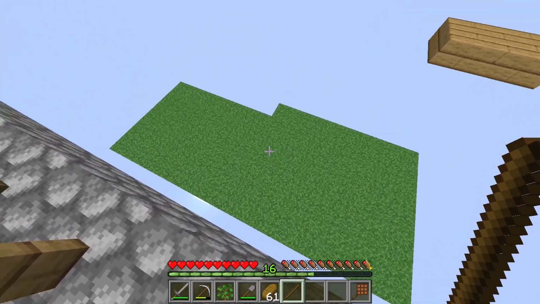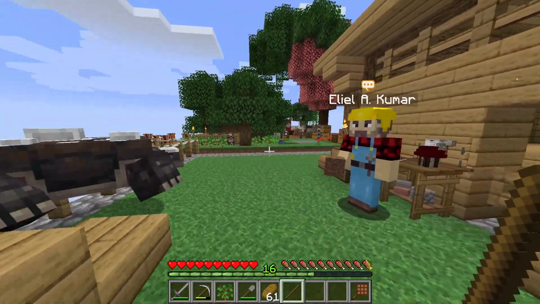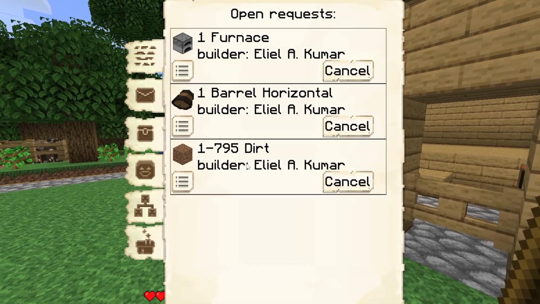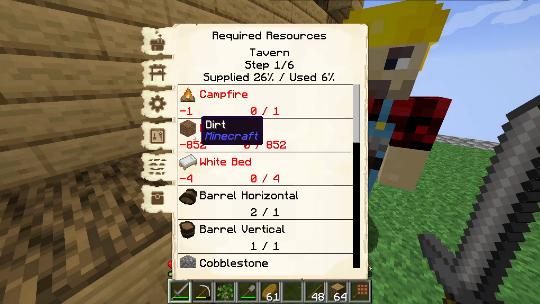Okay, we've made a little bit of a start with this 800 odd grass dirt requirement. That was some beautiful lag there, but what else are you going to require? A furnace, a barrel horizontal, and a lot of dirt, of course. I believe I now have pretty much all of the materials that he's going to require, apart from the dirt